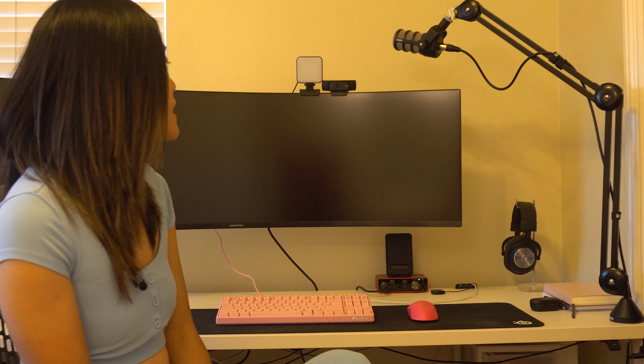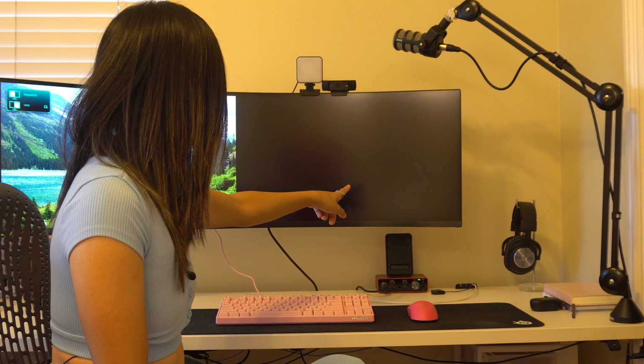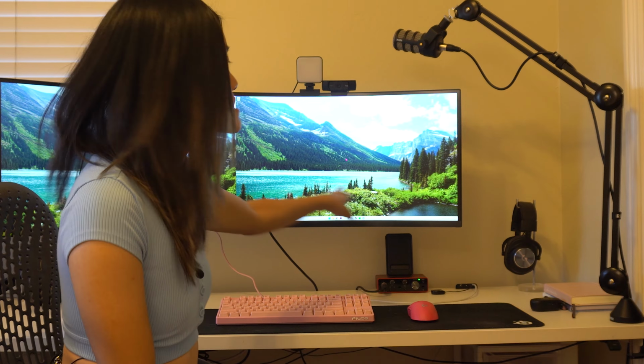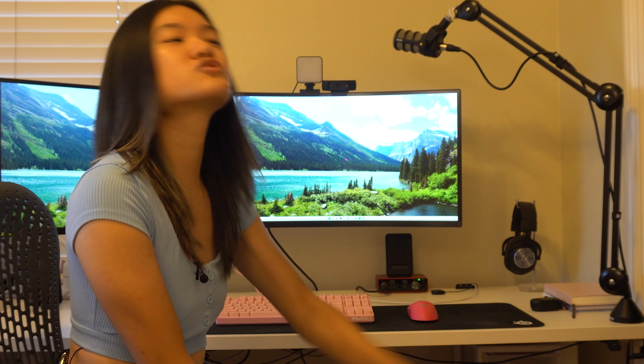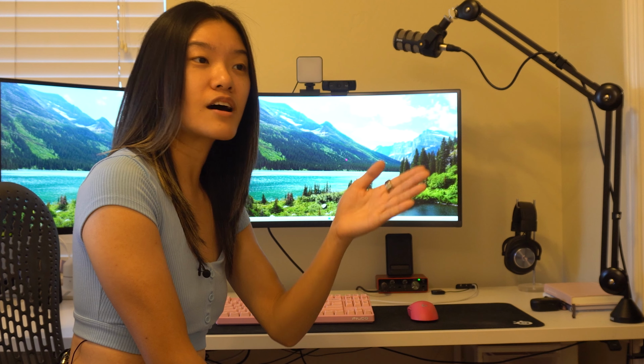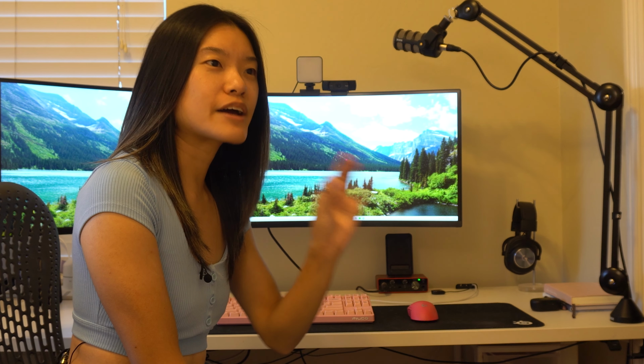And there are times that this side of the monitor, okay, it worked. But there are a lot of times where this side of the monitor, the max resolution is something lower, like 720p or something. So I either have to toggle that off and on constantly until it's correct like this, or I just restart my computer, which doesn't take very long, but it's actually quite annoying how often it happens for me